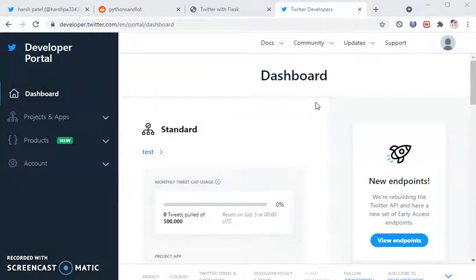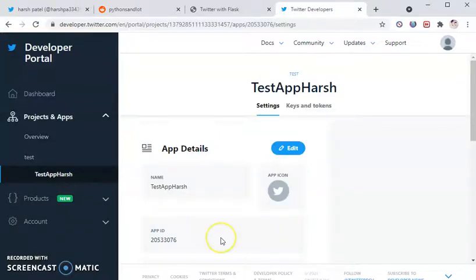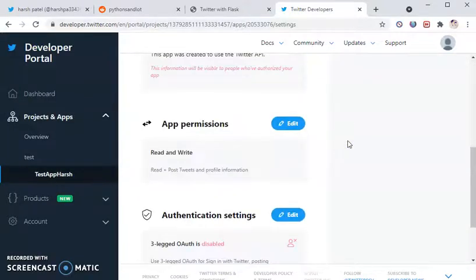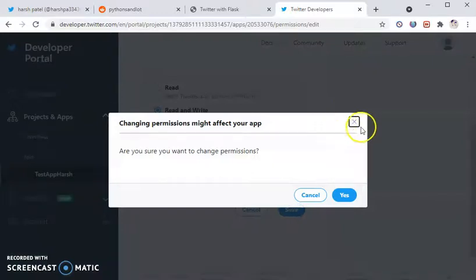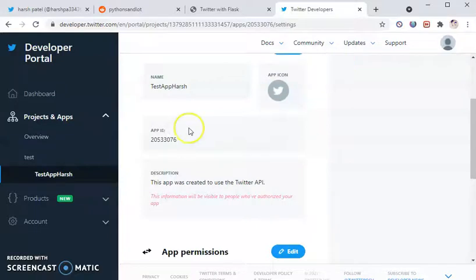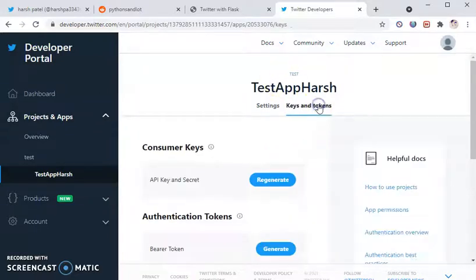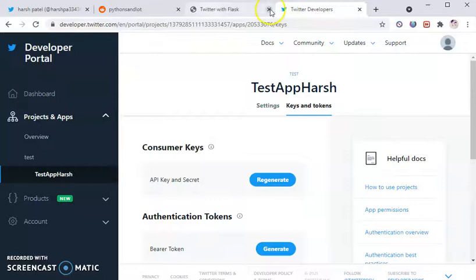So here is the developer account that has been loaded up. We'll click into our first project, select the project name, and set our app permissions to read and write. Select that and save it. Since I already saved, I will not click anything here. After that, you have to click on keys and tokens to get the consumer keys and the access token and the secret as well.